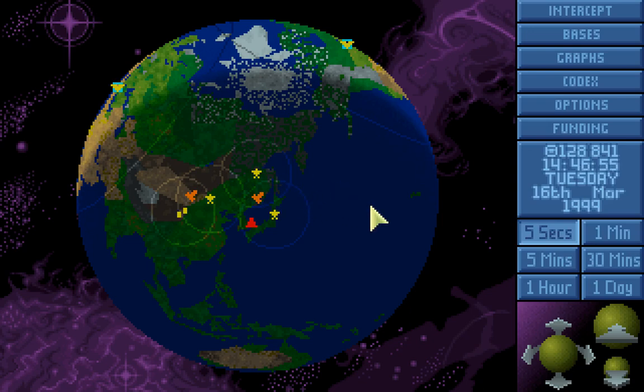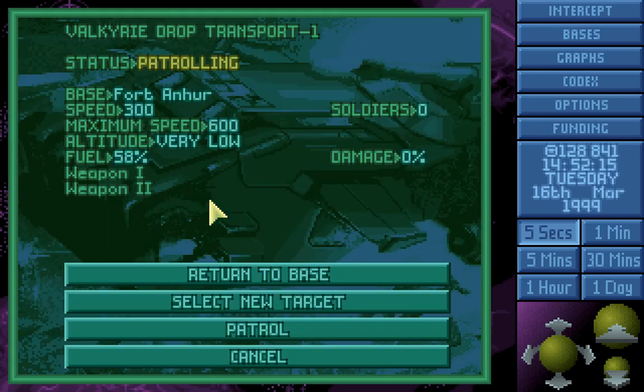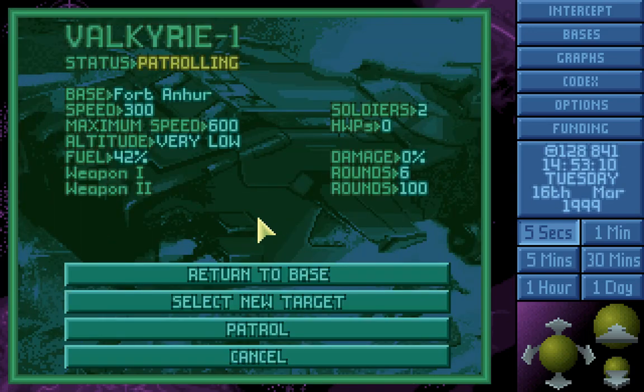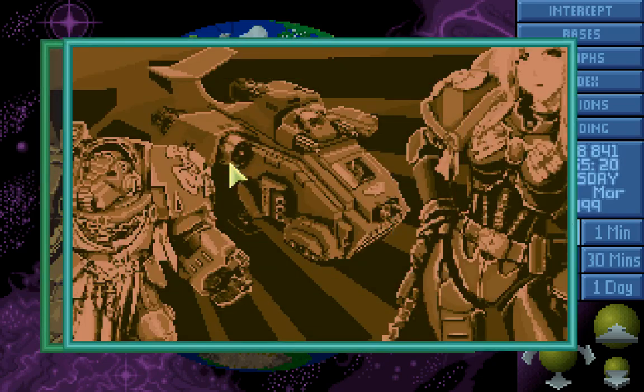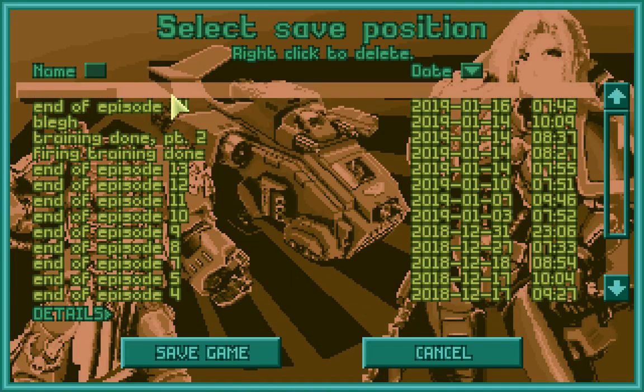Unfortunately, we've gone 5 minutes over my time, so I'm going to leave it on this cliffhanger. I could consider shooting down one of them, but I don't think these pilots are good enough to take on a medium UFO. So, with that, I am going to save the game,